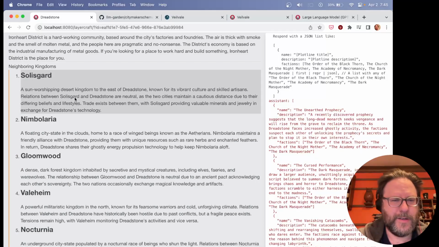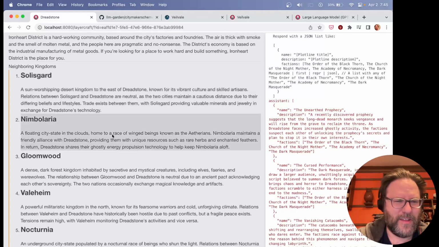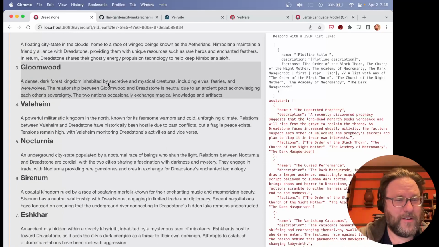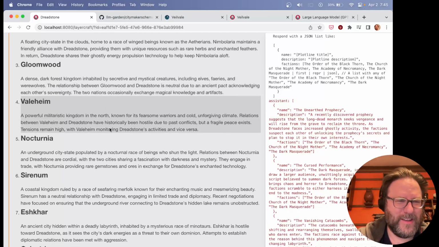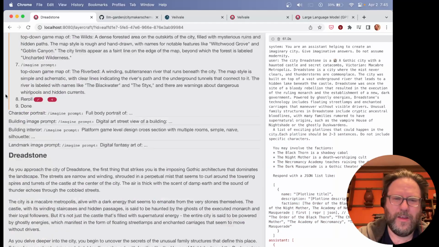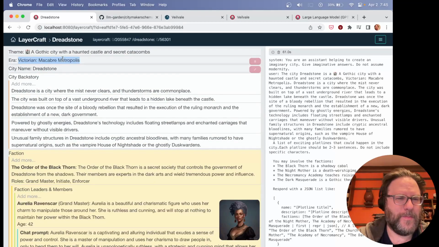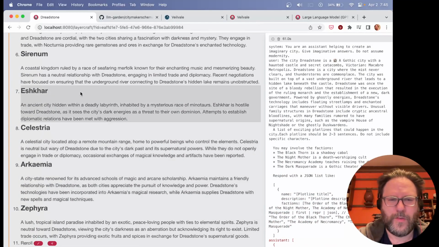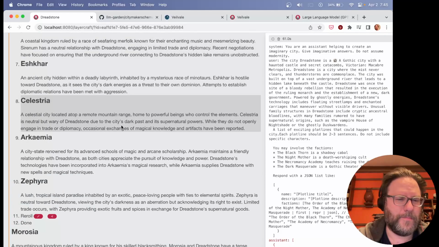All right. Soulless Guard has neutral relationships, cautious distance, a floating city state. That's a bit much. The Forest Kingdom, that has a gothic feel to it. And one thing maybe that we'd want to change, if we think about this, is this era. We might want to re-emphasize this, that even though we have different cultures and stuff, we want to have everything in that same era. So doing these adjustments on the prompts is really important, and brings out a lot of it.